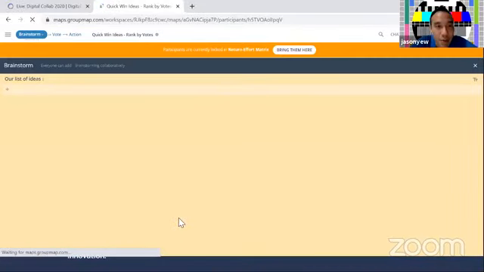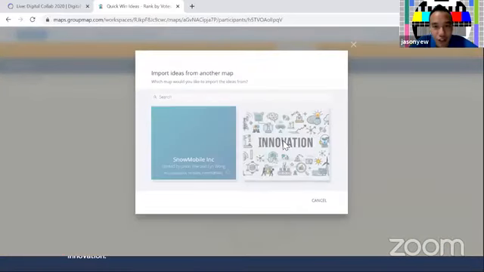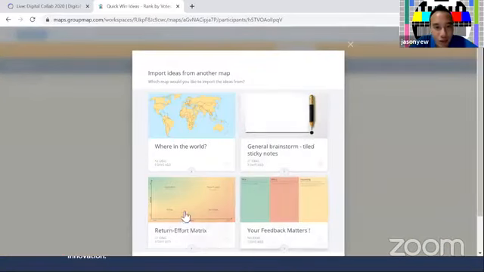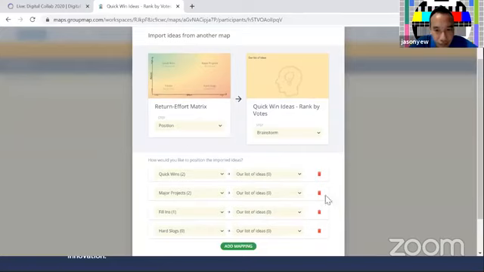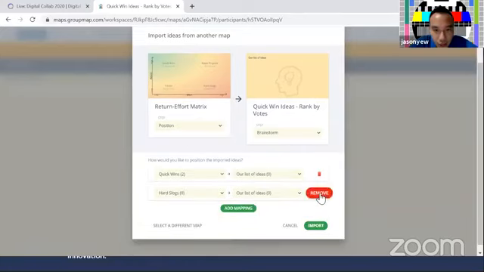If we remember the brief at the beginning, it's really the quick wins that we want, to turn the situation we're in over quickly, right? So again, I'm just going to do this importation function. This time around, I'm going to pull our ideas from quick wins. Follow as I do.